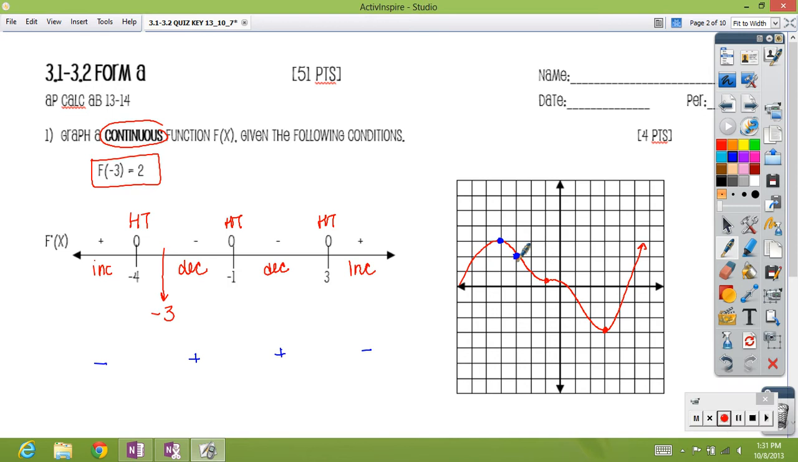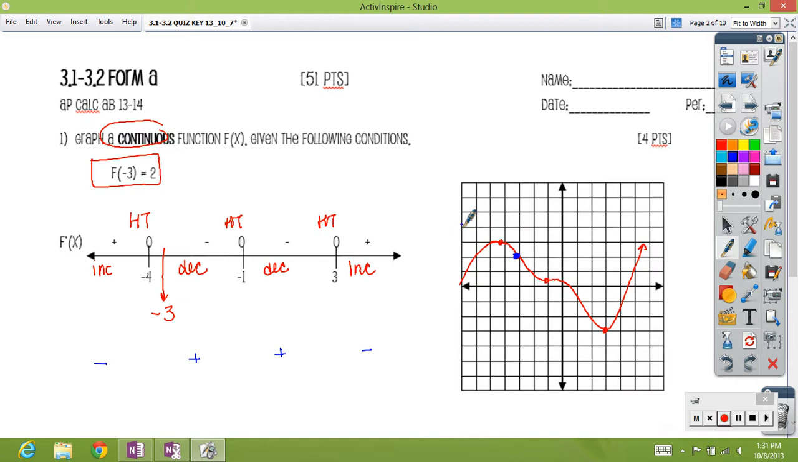So I decreased till I got to a horizontal tangent, and then I increased. So this point right here, let me actually get rid of it. That's still supposed to be from graph number 1. So that was that horizontal tangent. Alright, so here we go. In blue, I would need to decrease till I got to a horizontal tangent there, and then I increase